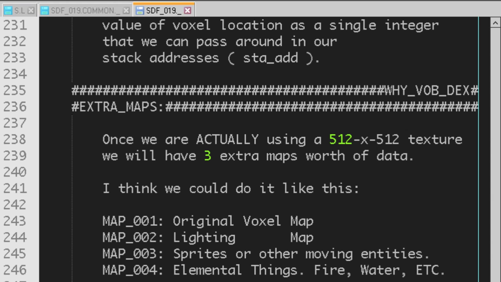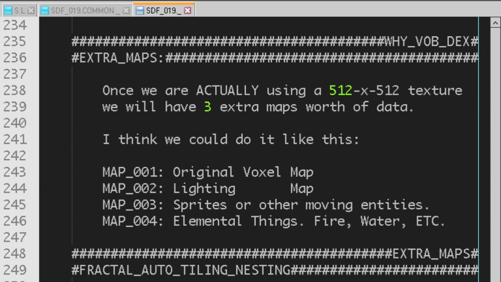Okay. So, I did some stuff at the shop. Let's, just some diagramming. Let's scroll down here. So, not in extra maps, but, like, this is... I think we already went over this, of, like, what I think the extra maps could be used for in our data. Like, once we're actually using a 512 by 512 instead of a 256 by a 256, we're gonna